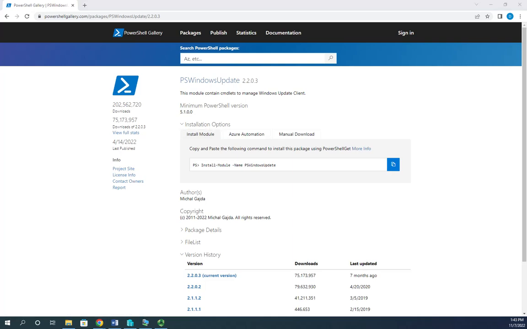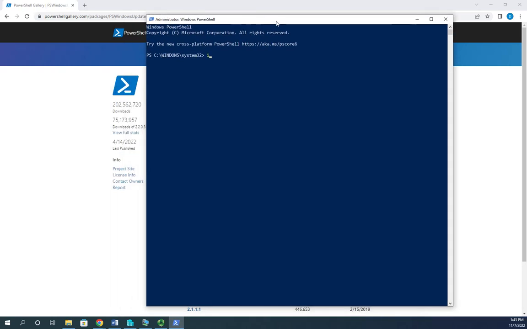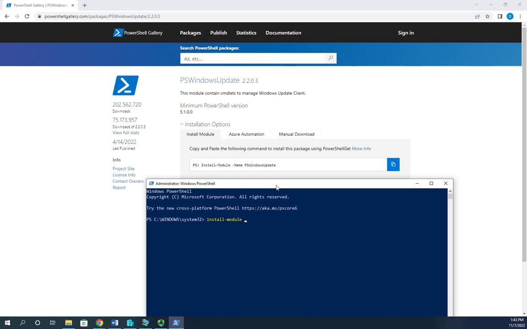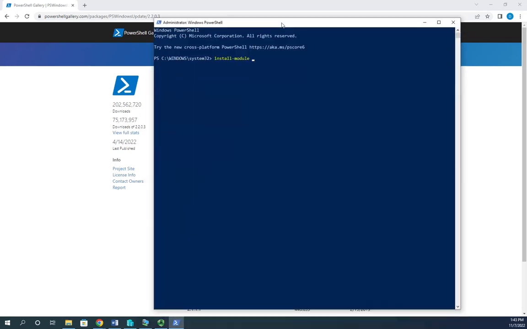So I'm going to open up PowerShell here real quick. And we're going to do this. So I'm going to open up PowerShell as Administrator, and I'm going to do Install-Module. And if you remember, it was PSWindowsUpdate. So I'm going to Install-Module